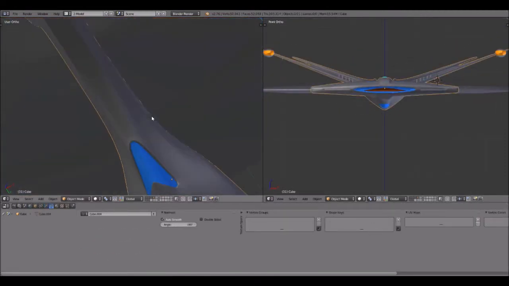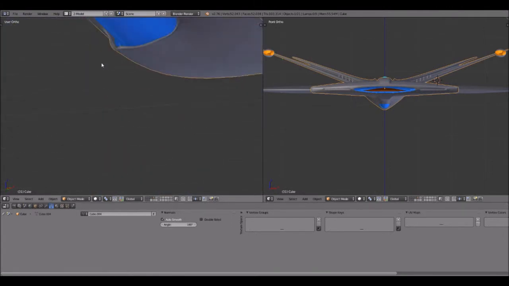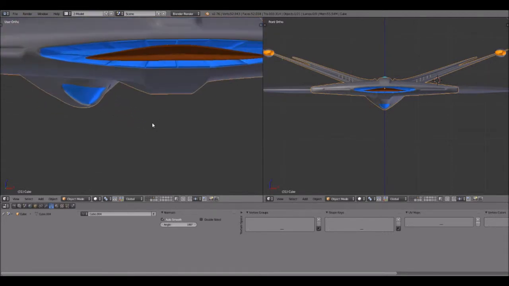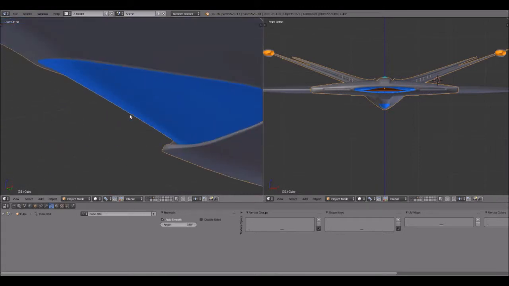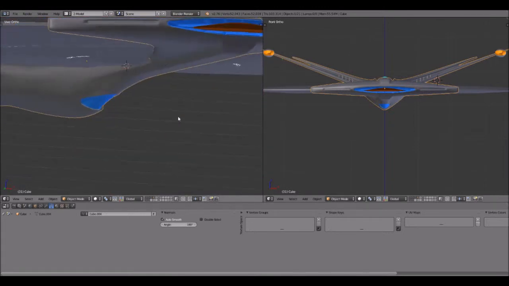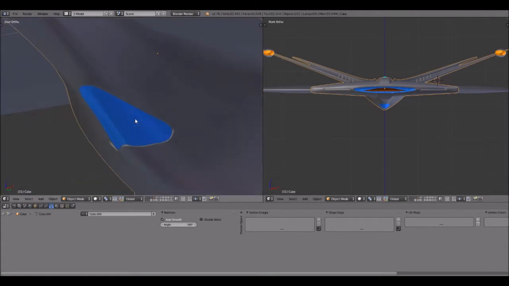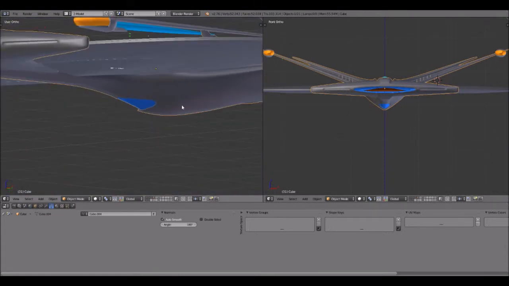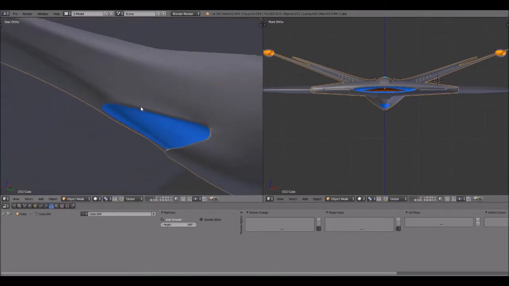And we're back. So this is kind of what I have in mind. It's roughed in, there are no details. I'm mostly just toying around with it. And I know that doesn't quite look like a Starfleet design for a deflector dish. Well, in one way it is, and in one way it isn't. I actually got the idea for this type of deflector dish on this particular type of ship, especially from the